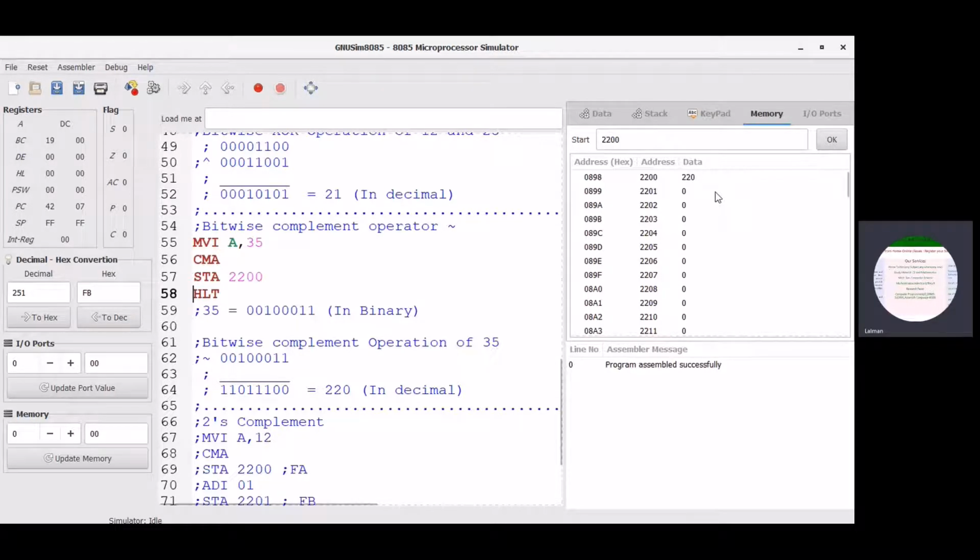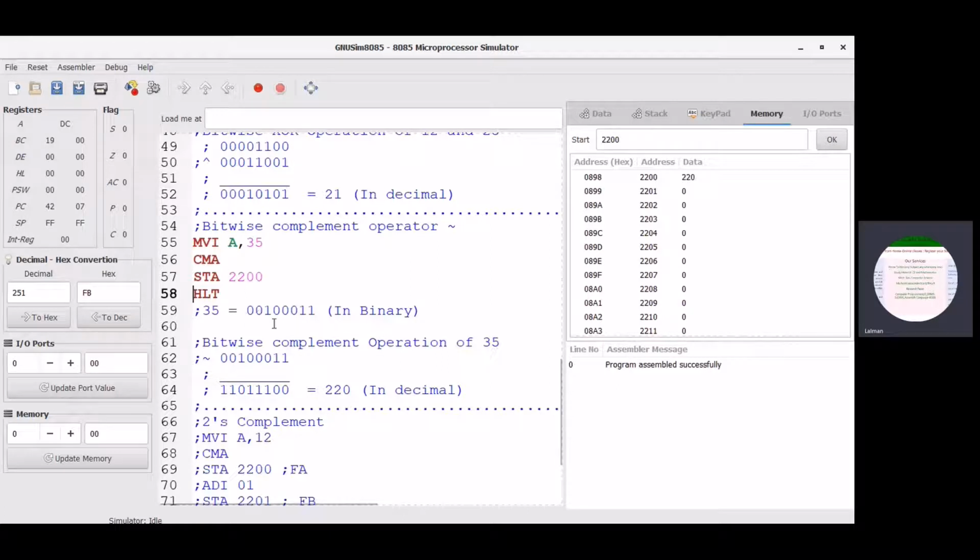This is the ones complement of 35. So MVI A, 35, and CMA is used for the bitwise complement, and store the result at the memory address 2200.